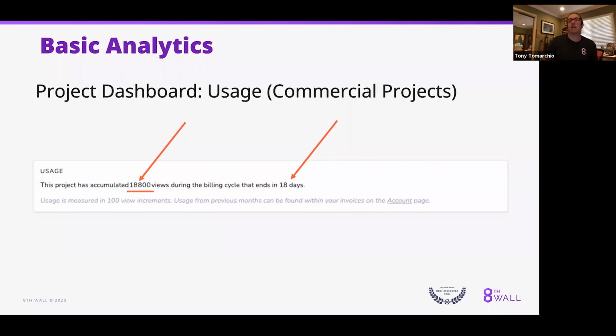Okay, so basically that's where you would find the 8th Wall provided analytics. Again, it's all on the project dashboard, both the recent trends graph as well as the usage for your commercial projects. So what we're going to be switching gears into in just a moment is a demo of how you